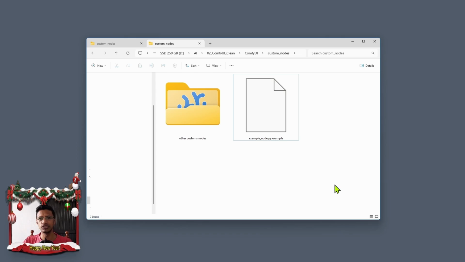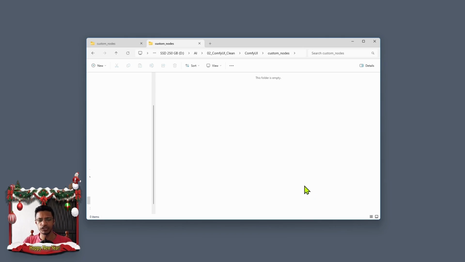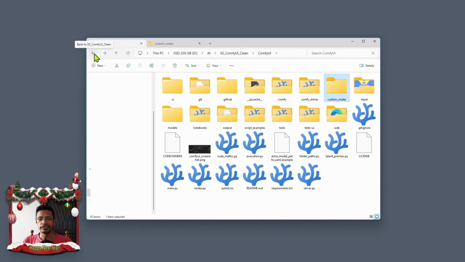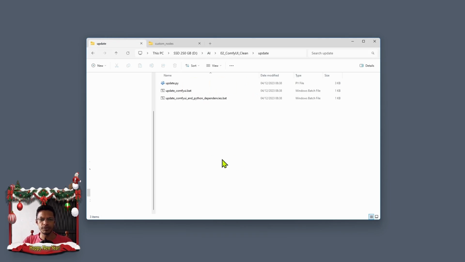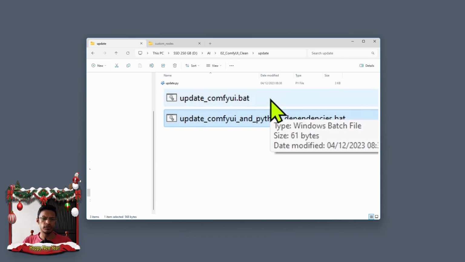Now, in case you do not have the example file, or if you've deleted the file, or maybe you've used it and done some modification, let me show you how you can get the file back. I'm going to delete everything in my custom nodes folder. Then I will go back once, click on the back button again to reach the folder where we have the run_nvidia_gpu. In here, we have an update folder. Open it, and we are going to have two files, the update_comfyui.bat file, as well as the Python dependencies one. Double click and open the